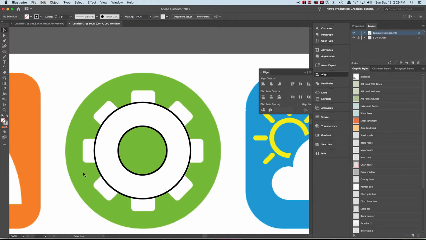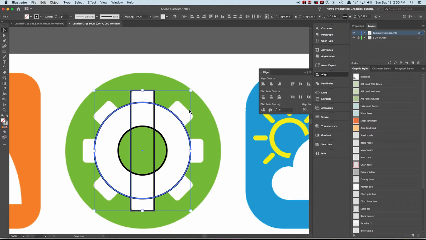All right, next we're going to draw one of the bars in here to create the cog, and I'll do that just with the rectangle tool. And again, I'm going to draw that from the center and get that roughly in position. Okay, if it's not looking perfect, I can once again select both items, select the key object, and align center and center. Okay, then I can round the corners to an appropriate amount,